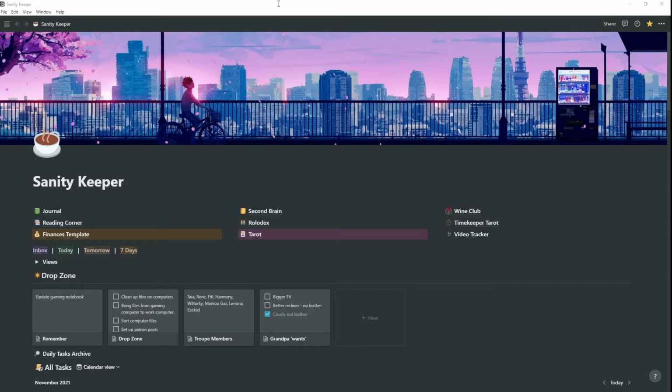This is everything that I am kind of looking at, tracking, and this template actually comes from Thomas Frank, and I'm going to leave a link to his channel down below because he's got two videos about this template, one explaining how it works and two explaining how to build it if you are very interested in doing that, because when you start working with Notion you don't get all of this. It's literally just a blank piece of paper, so to speak. So if you want a template and you want to hit the ground running, go check out his stuff and go ahead and get that template after you sign up for his newsletter.